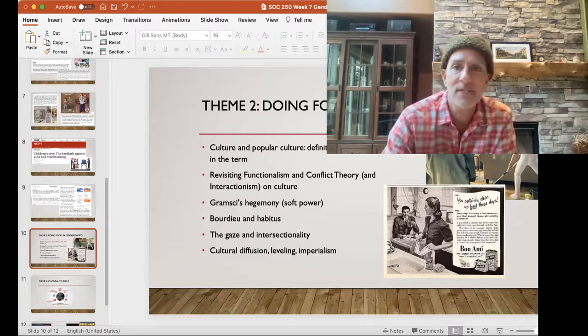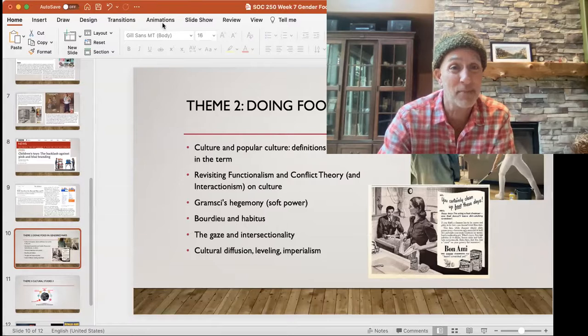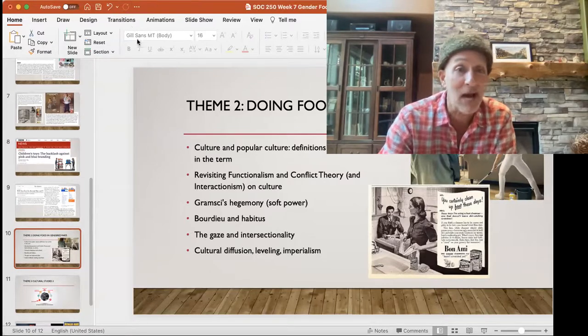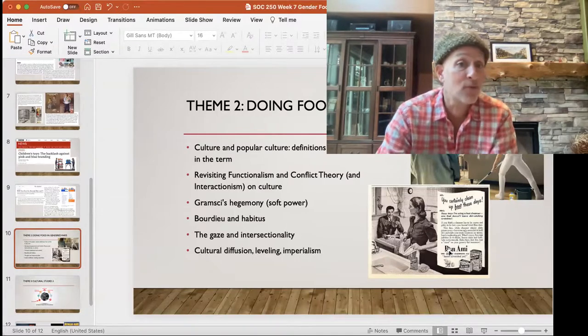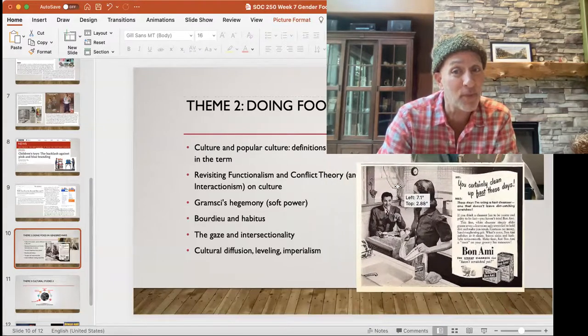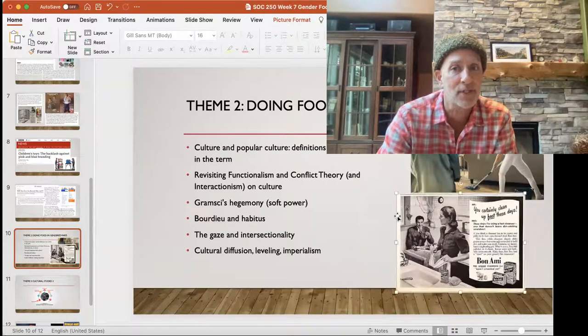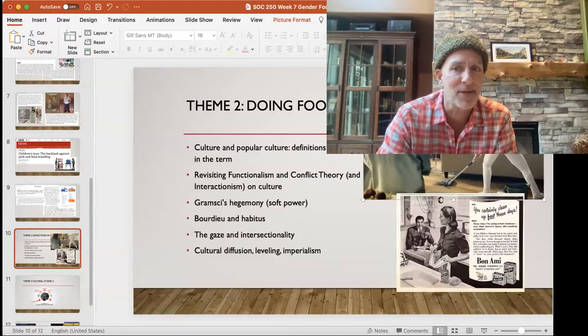These two images here are not about food, but rather than taking images that you might look at or see and include in your discussion board, I figured I'll just take household cleaning. And this is a script, right? Femininity and ideas of femininity, ideas of gender roles. We get to the historical time period. Him saying to her, you certainly clean up fast these days, like this 1950s kind of advertising, white middle class, suburbia kind of notion. Then you get this sort of hypermasculine male body in a way,